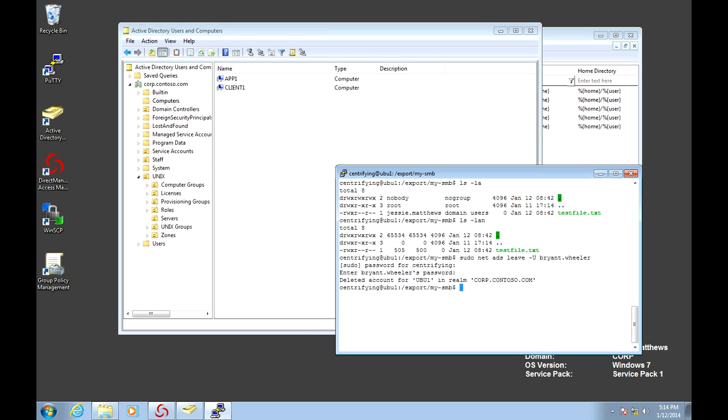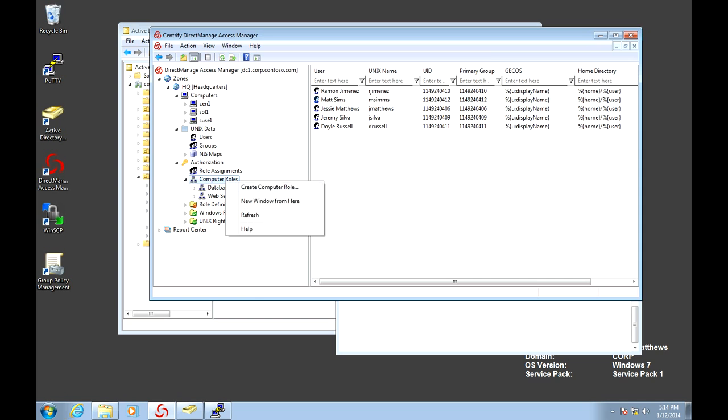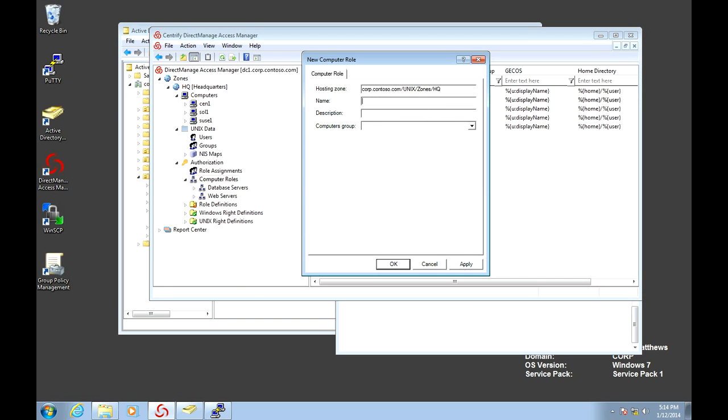So the next step I need to do is go ahead with my planning. The first thing I need to determine is, okay, let's go ahead and create a security group to contain my computer role. So we could do it from here. Let's create a new computer role, and this is going to be utility servers. I'm going to create a computer group,